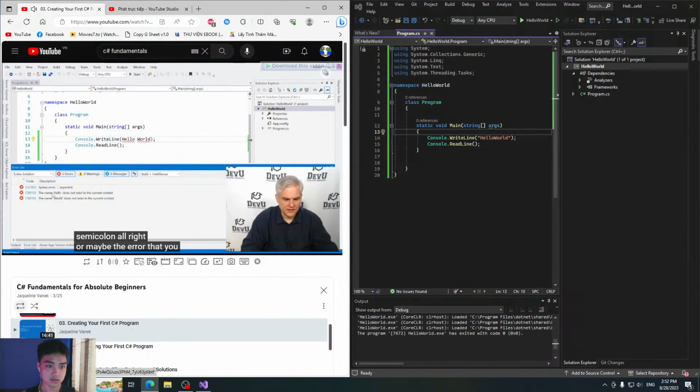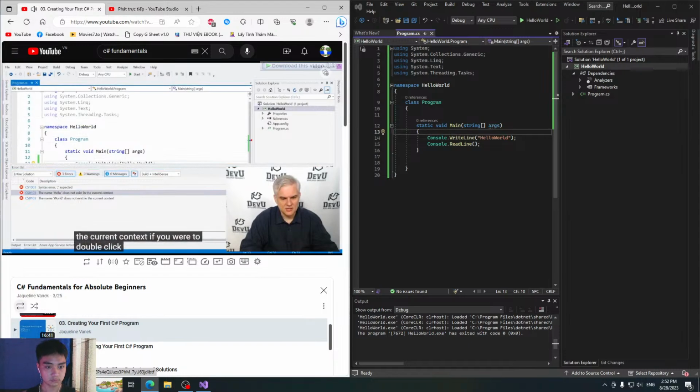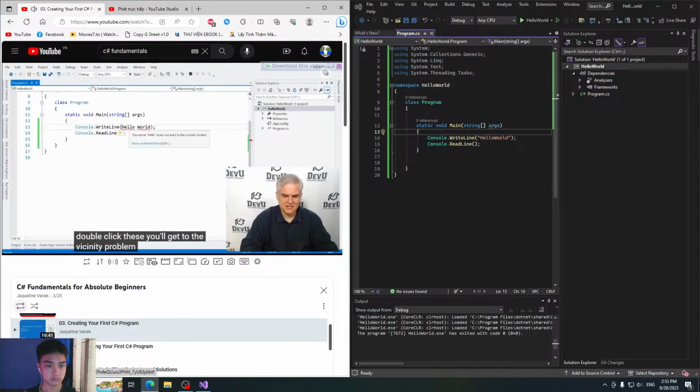Or maybe the error that you saw was something like a syntax error, something expected, the name hello doesn't exist in the current context, the name world doesn't exist in the current context. If you were to double click these, you'll get to the vicinity of the problem, and you'll also see red squiggly lines beneath the words hello and world in between our parentheses.